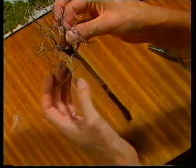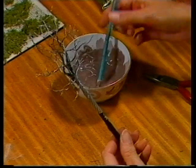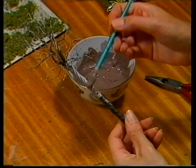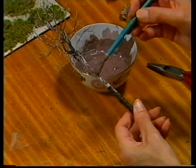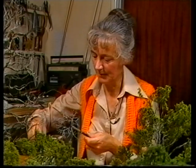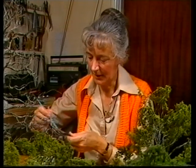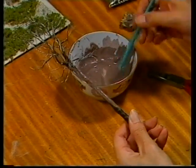When the whole bundle has been untwined, it appears something like this one, and at this stage it has to be coated with a mixture of plaster and powder paint. The powder paint is added to the plaster so that if the tree gets chipped at any time, it doesn't show as glaring white, but it comes through as a browny grey colour. This is applied fairly liberally to cover all the twists of the wire,